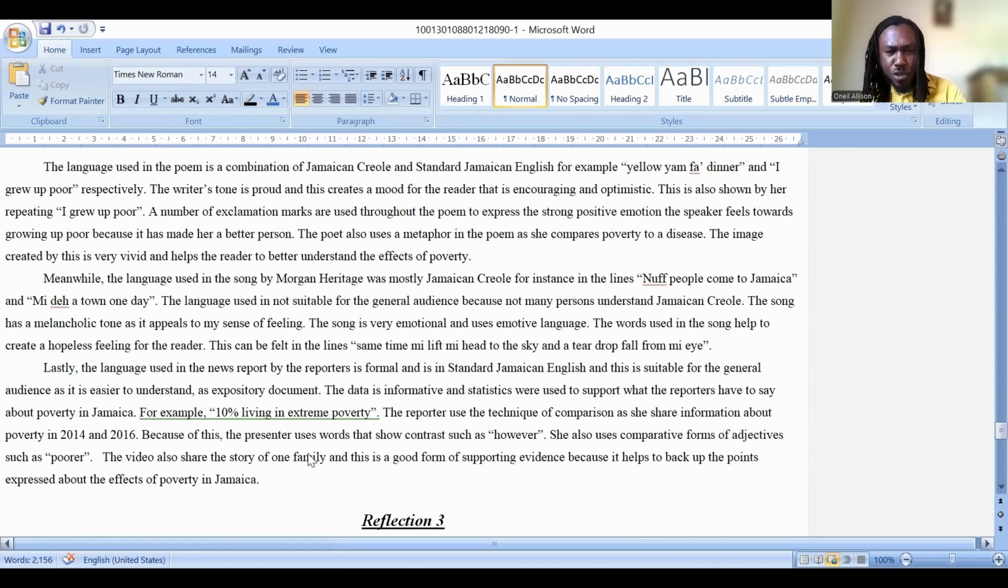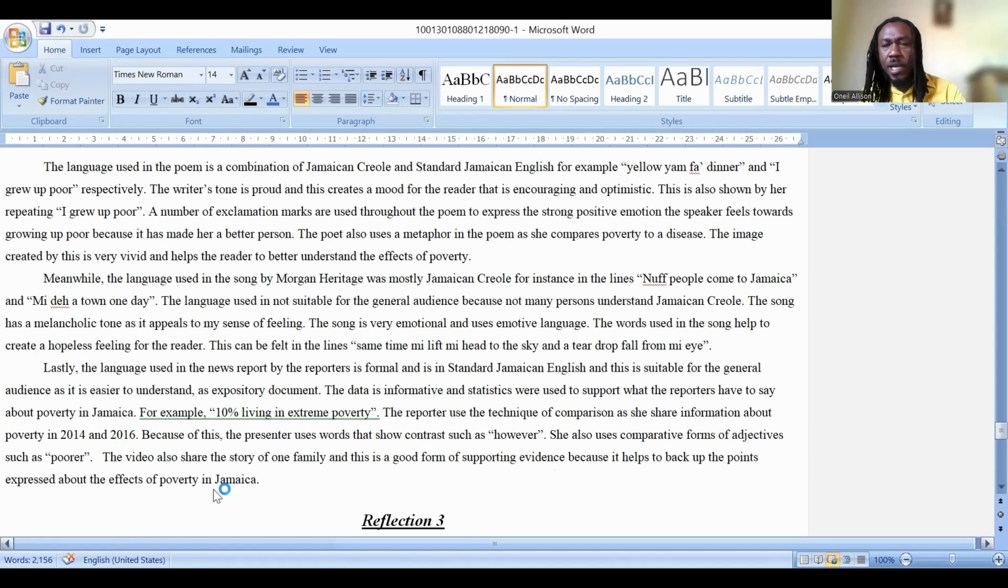Because of this, the presenter uses words that show contrast, such as "however." She also uses comparative forms of adjectives such as "poorer." The video also shares the story of one family, and this is a good form of supporting evidence because it helps to back up the points expressed about the effects